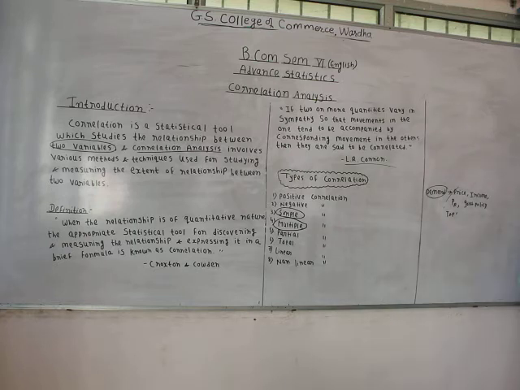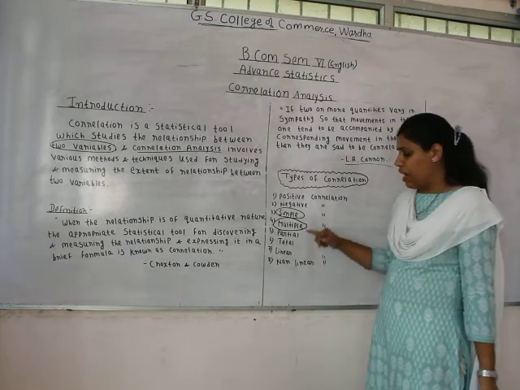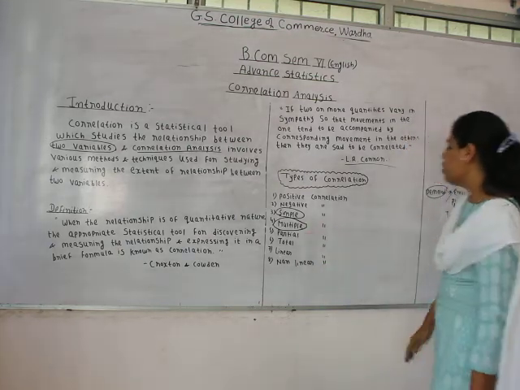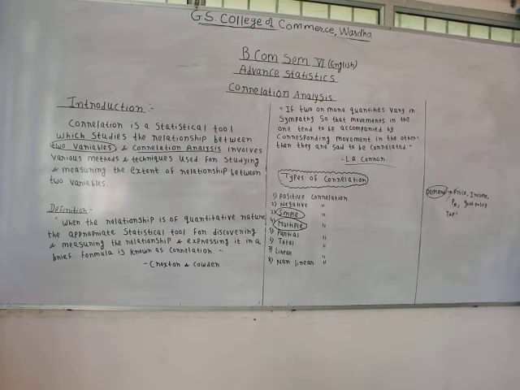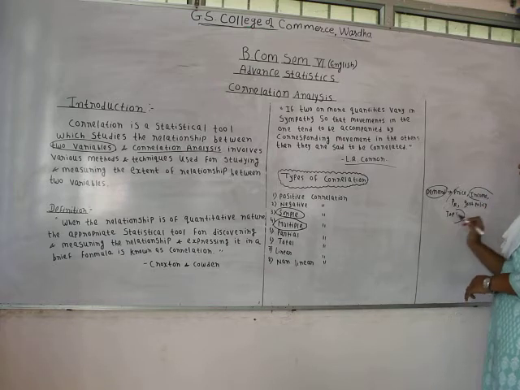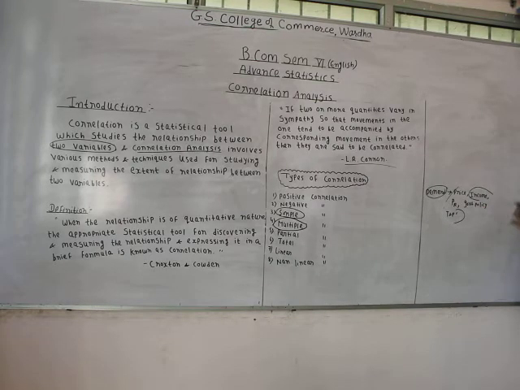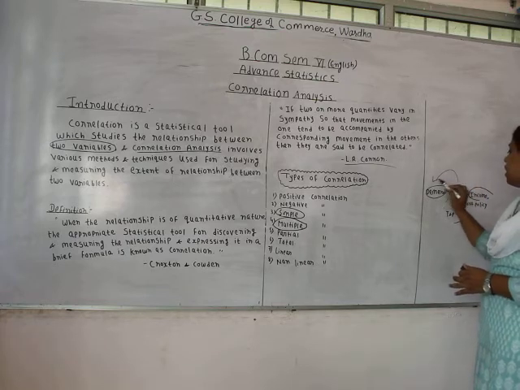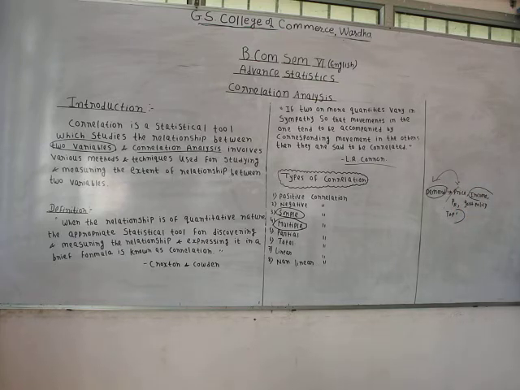See, when you talk about multiple correlation, it is again of two types. First one is partial correlation and another one is total correlation. So what is basically the meaning of partial correlation? See, here I have told you that there are many factors which impact the demand for a particular commodity. But when all these factors are excluded from consideration and only the relationship between demand and price is being studied, in this case it would be called partial correlation. Why only partial correlation?